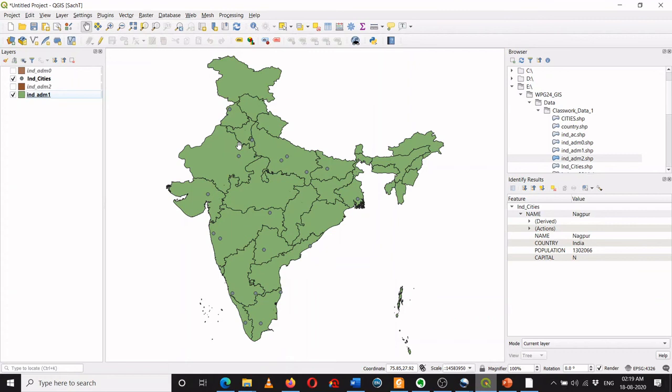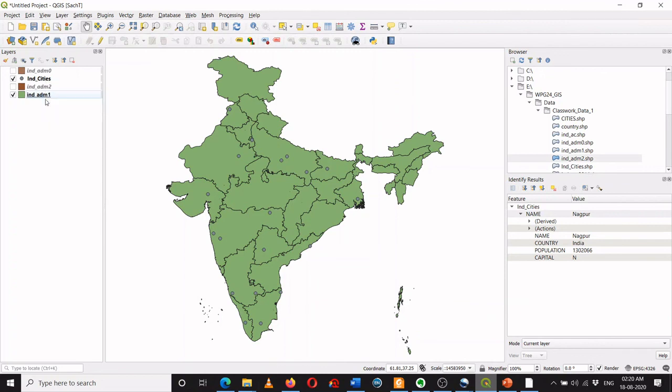Okay, so in this video we have learned about the features of the layer panel. Here there are two important points. One has to always see which layers are visible and the order in which the layers are placed. And another thing which we have learned is that while using the identify tool or a selection tool, you should ensure that you are selecting the appropriate layer over here.